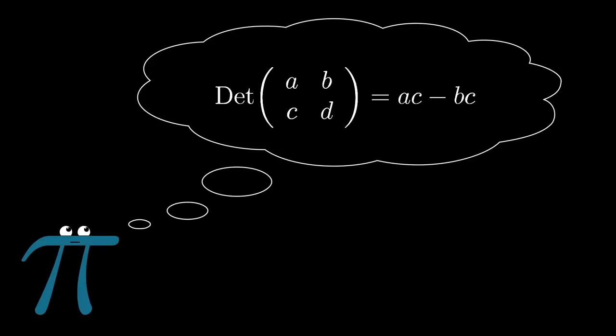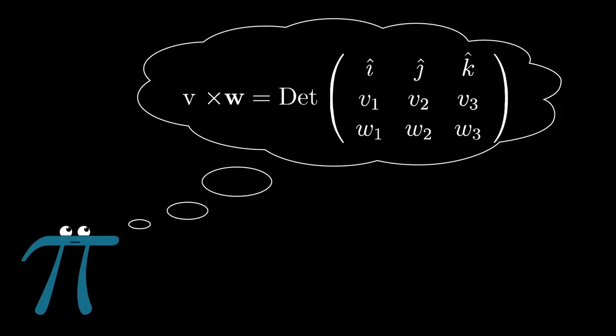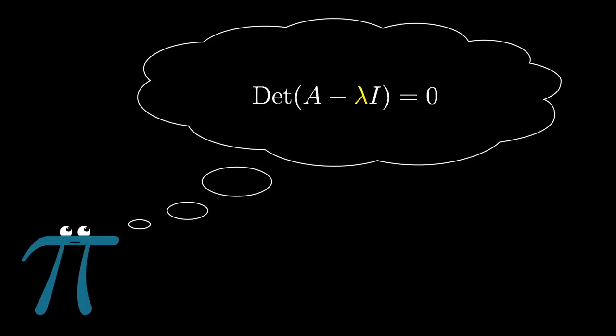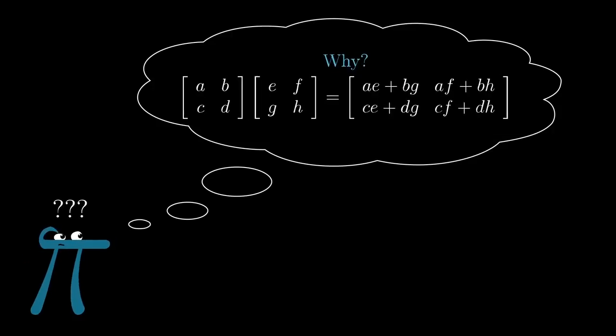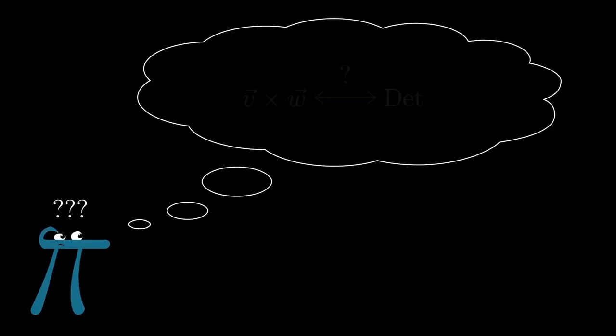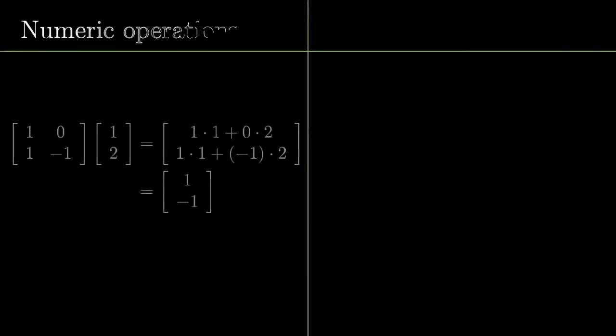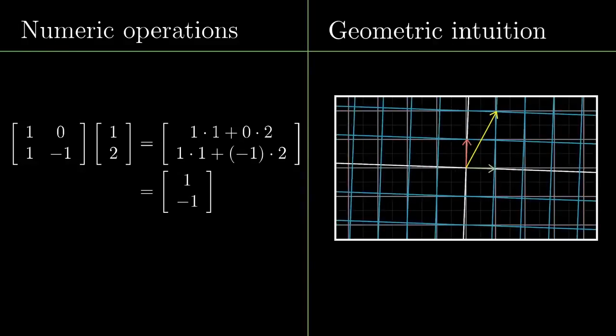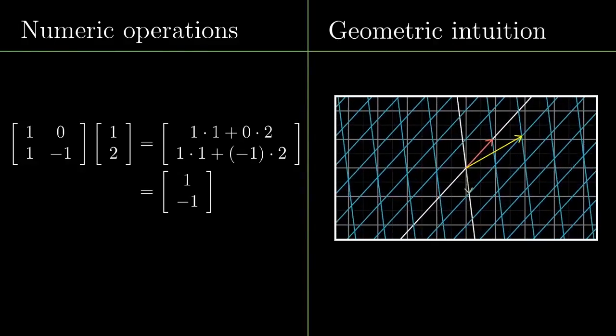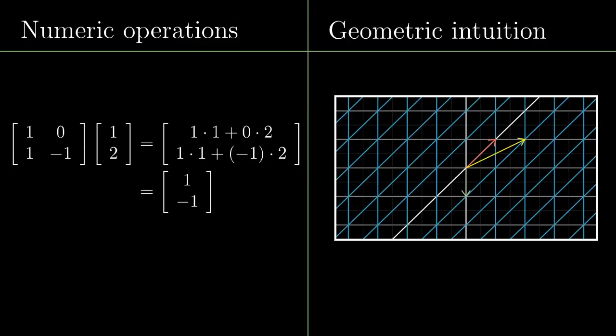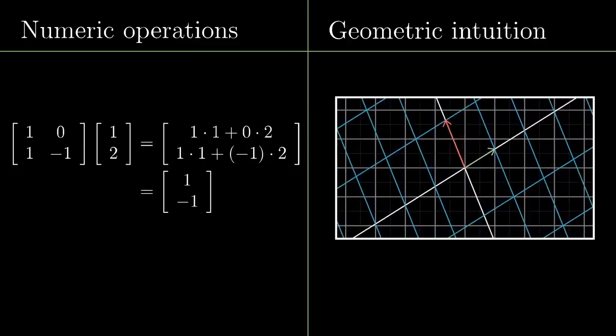or the determinant, or cross products, which use the determinant, or eigenvalues, but they might come out without really understanding why matrix multiplication is defined the way that it is, why the cross product has anything to do with the determinant, or what an eigenvalue really represents. Oftentimes, students end up well practiced in the numerical operations of matrices, but are only vaguely aware of the geometric intuitions underlying it all. But there's a fundamental difference between understanding linear algebra on a numeric level and understanding it